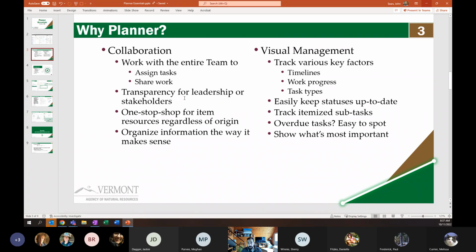One of the reasons that I have my personal work on Planner is because my work impacts a lot of people, and it can really save a lot of time and effort when I meet with Danny, and she doesn't necessarily need a recap of every specific thing I'm working on, because she can check my planner board at any given time and see what I'm actively working on, what I've got on the docket upcoming, what things I'm waiting on people for, and how much capacity I have to tackle a new project or to